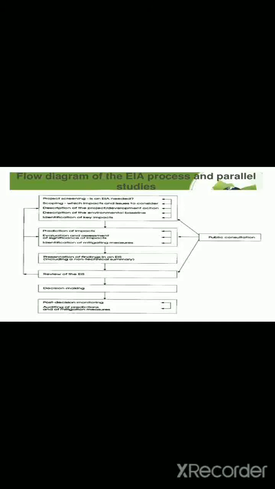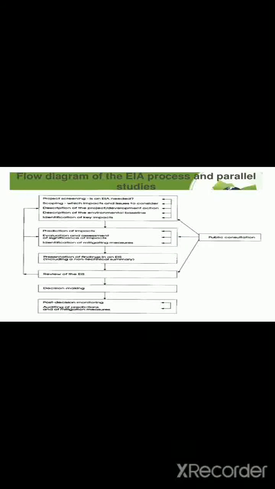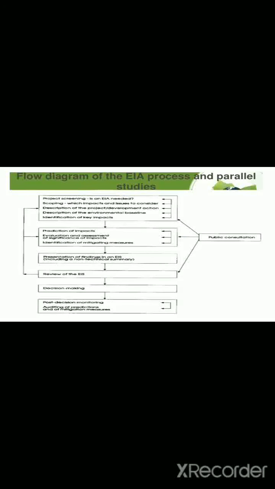Then the analysis of alternatives and the basis of the selection of the alternative proposed means that the project description is completed by a precise description of the different choices concerning process, sites, and alternatives that the investor has examined for better protection of the environment and population concerned. A comparison of these different alternatives in terms of potential impact and cost and benefit analysis is required. The basis on which each alternative is chosen must be stated.